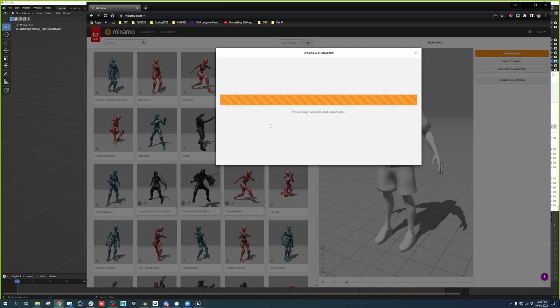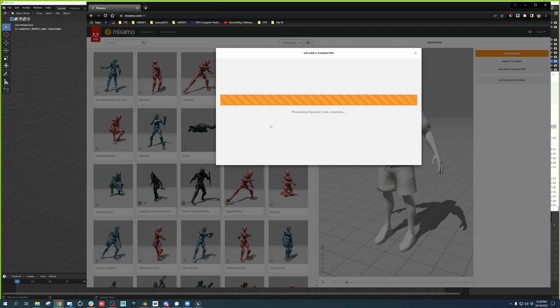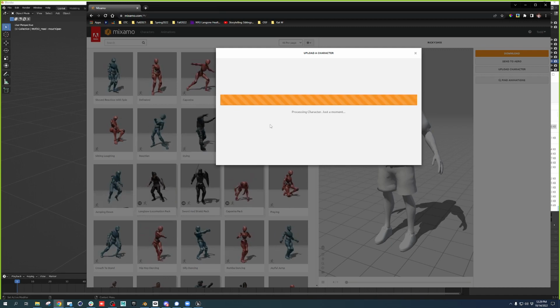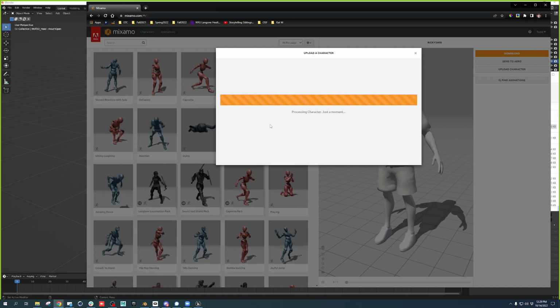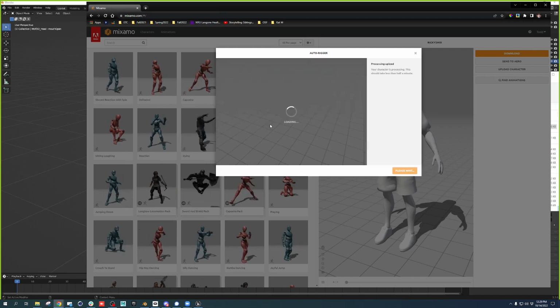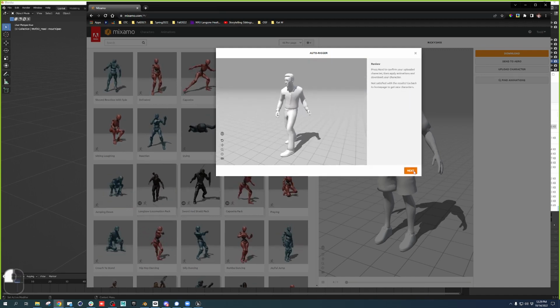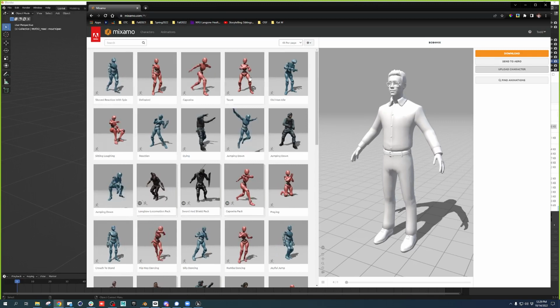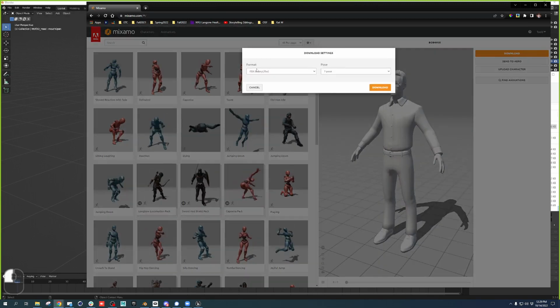And see, it uploads much quicker without the textures. I don't actually have to apply a T-pose. It automatically puts it into a T-pose. So I'm going to say next. And then without looking for the animation, I'm just going to say download, and it says, oh, how do you